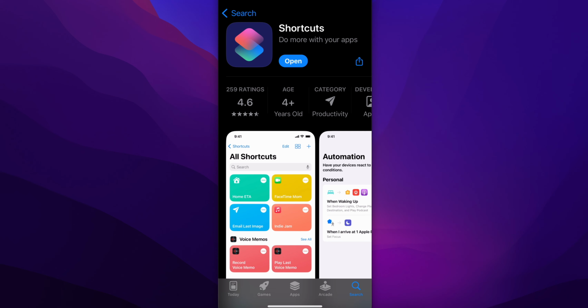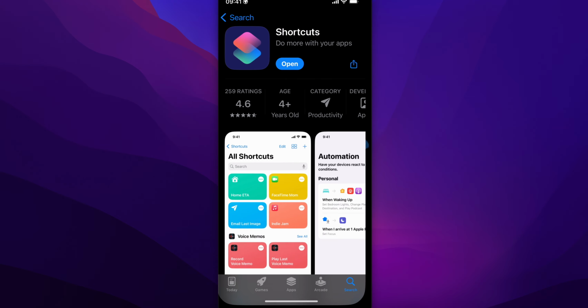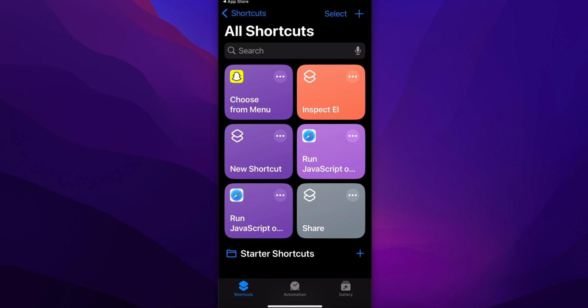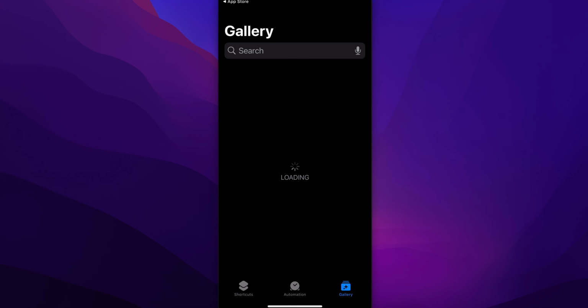In this video, I will show you how to find Clipboard on iPhone. So all you have to do is simply install this Shortcuts app, which is completely free on your iPhone, and then simply open it. Now the next step is to simply tap on Gallery at the bottom, and then here